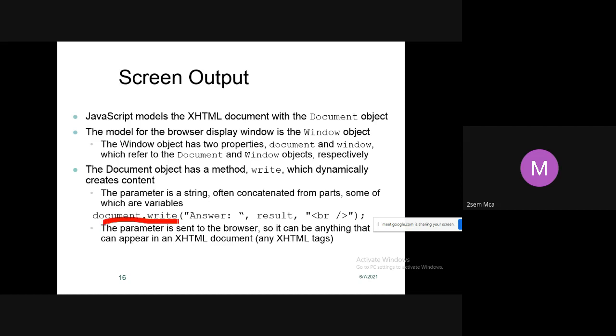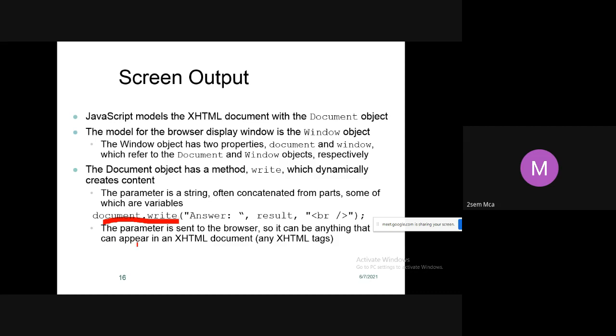document.write. In the JavaScript model, the XHTML document is accessed with the document object. With the document object, we display the output on the screen. The statement you write is document.write.